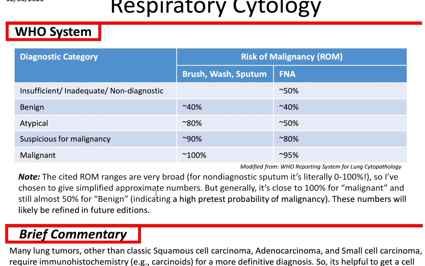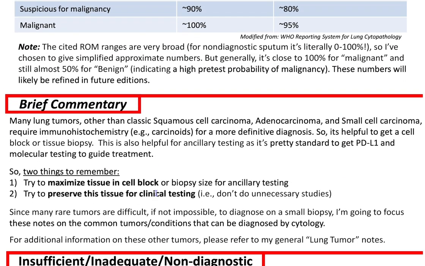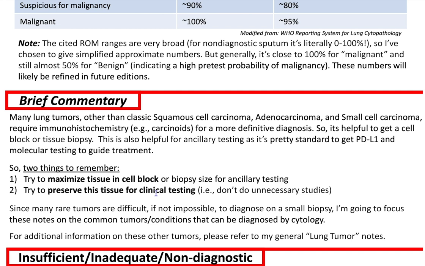give simplified approximate numbers. Brief commentary: when you are a cytopathologist or on site receiving lung tissue and you're going to diagnose what the tissue shows, remember to maximize tissue in your cell block and preserve this tissue for clinical testing. Oftentimes, lung tumors are diagnosed based on biopsy, and we can help the clinical team and the patient by preserving the tissue to send for ancillary testing such as ALK, EGFR, ROS1, PD-L1, those targetable mutations to help the